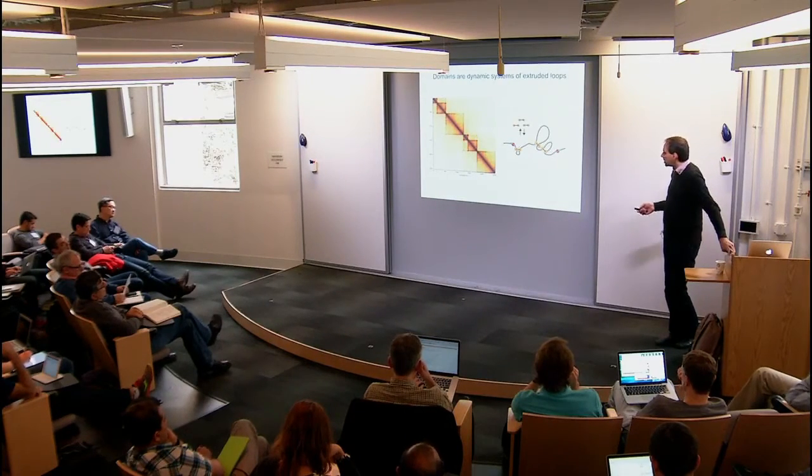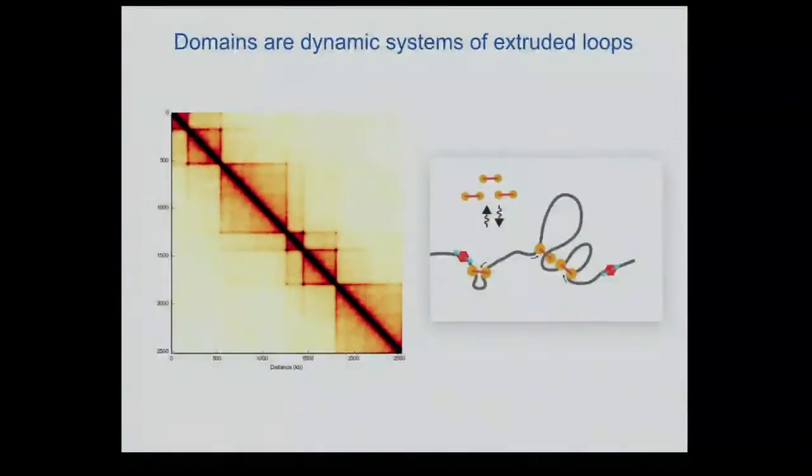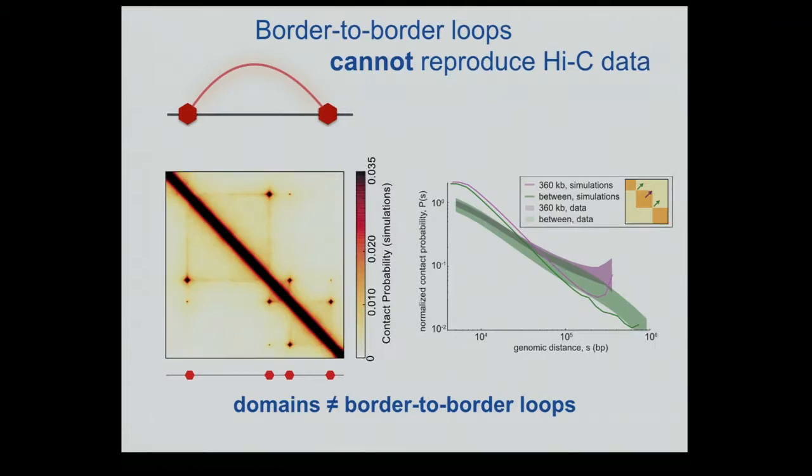So what does this tell me about the problem that I was trying to solve? I think what it tells me is that in this picture, a TAD is not a loop. A TAD is a system of dynamic loops appearing and disappearing between two boundary elements. Moreover, there are lots of spatial interactions between loops in neighboring TADs. It doesn't prevent spatial interactions. It just makes them less likely, because you cannot have a loop that would involve a boundary element, since nothing can propagate through the boundary element. But you can have spatial interactions between things on different sides of a TAD.